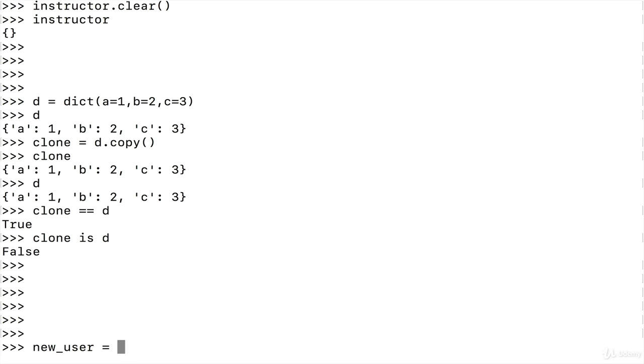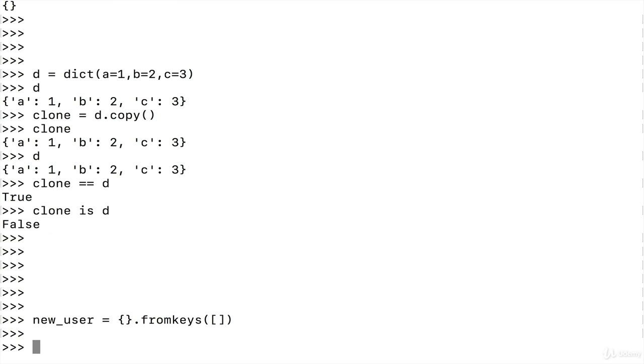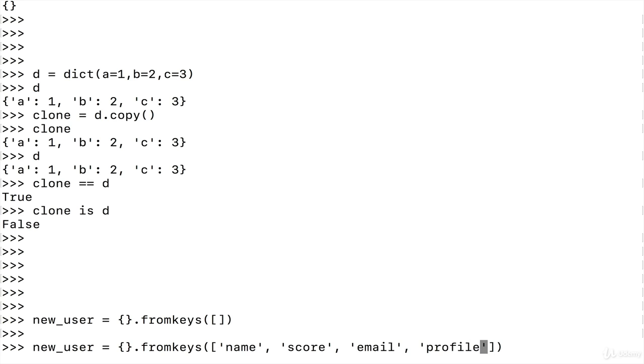I could use dict, which I can also type like this, dot fromkeys, and I'll pass in a list. Oh, I hit enter too early. Oh man, let me go back. So I'll pass in a list, and let's just do things like name, let's do score, let's do email, and how about profile bio or something like that. Okay, and then we can set them all to something like, we could do None initially, but I'll set it